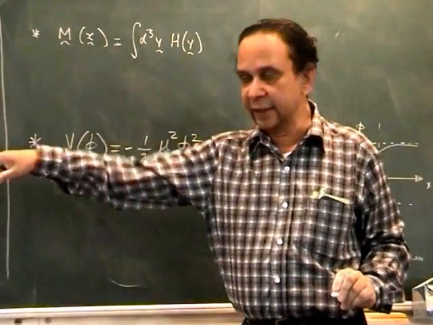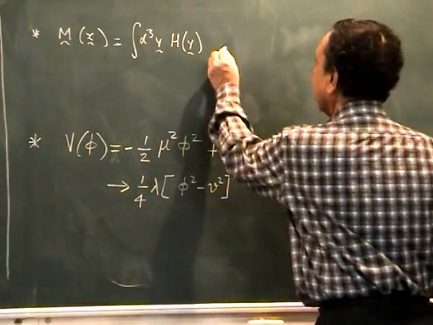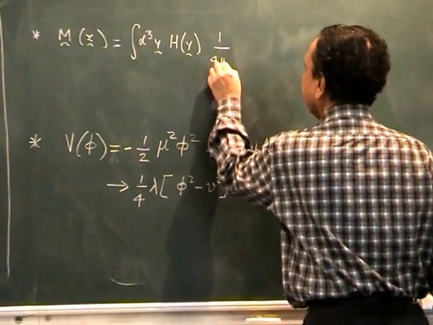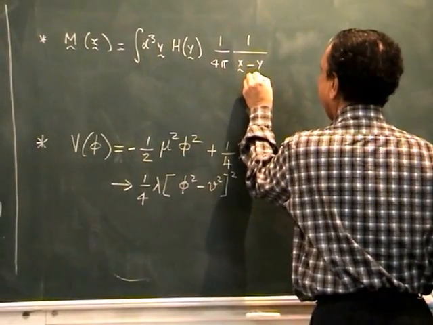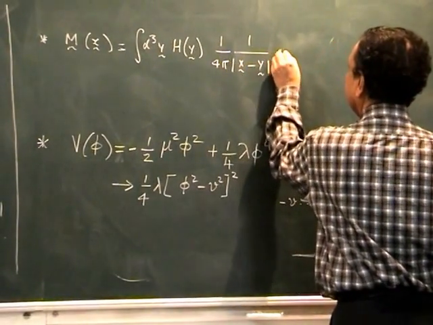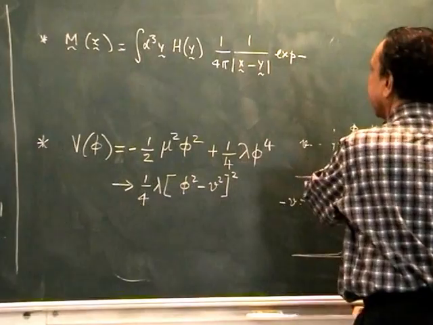And the Green's function of this theory will be 1 over 4 pi times 1 upon |x minus y| times an exponential minus,